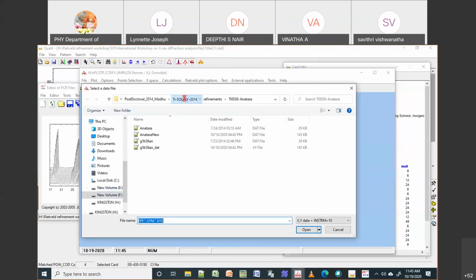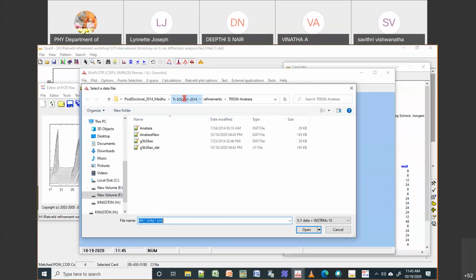Okay, so I'll open NACL data, and then I'm going to select my background. I'll zoom in, go to point selection, and select the background points. You can also do automatic, but sometimes it puts a point in between two peaks, in the middle of the peak. I want to avoid that, which is why I'm taking the data points like this.